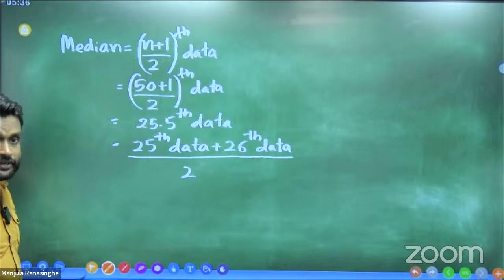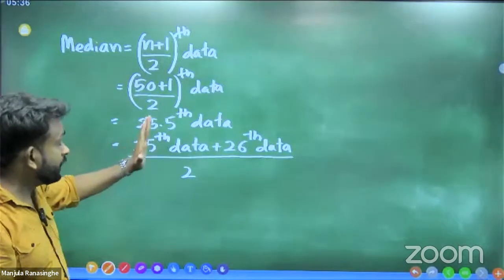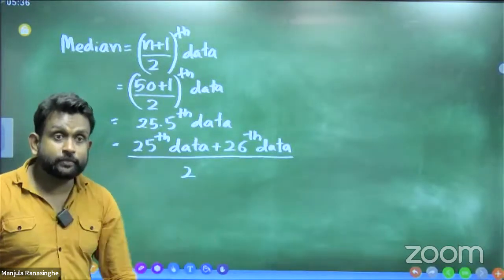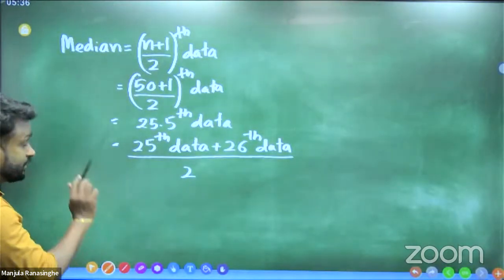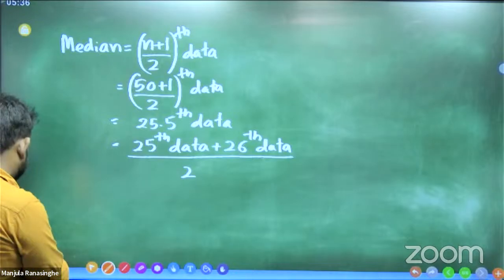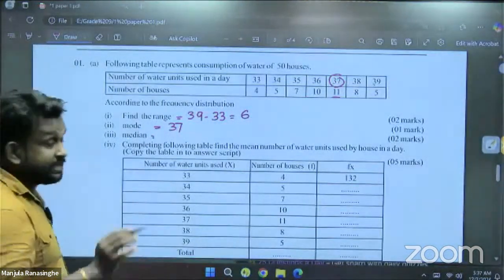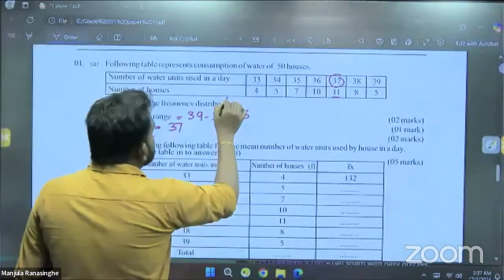So that is how you take it. If you need to take 25.5 data, it means 25th data plus 26th data divided by 2. Then how do you check the 25th and 26th data in this distribution? Now, as I mentioned, you make a